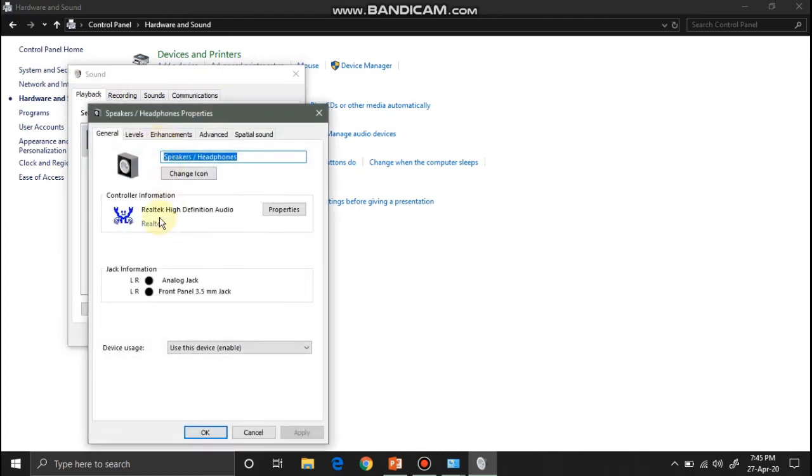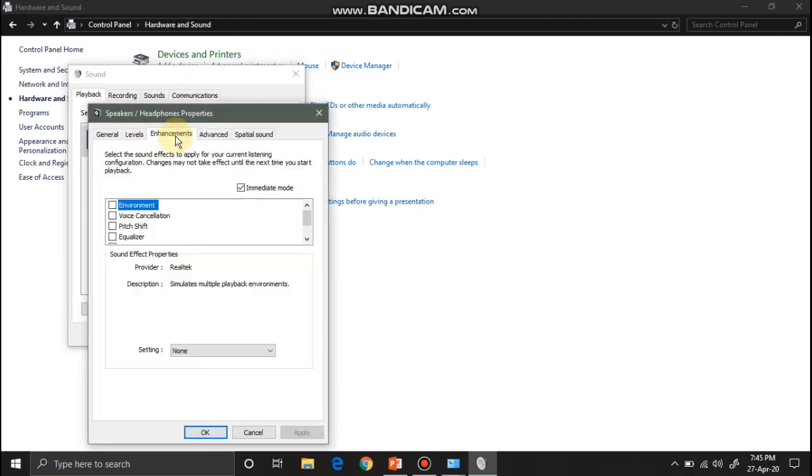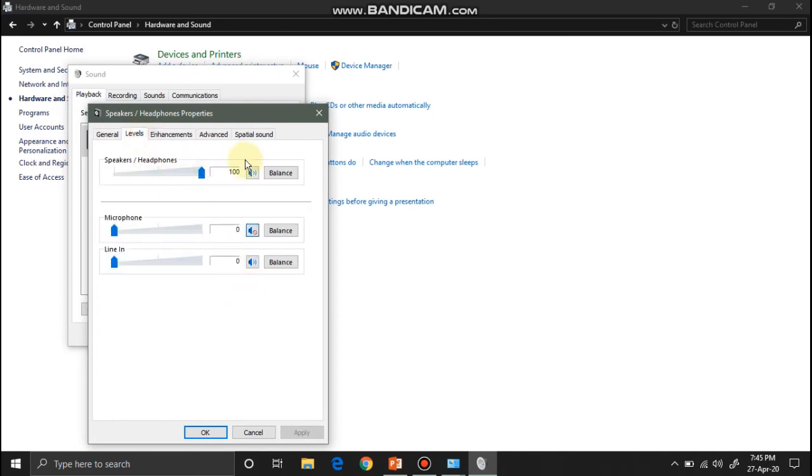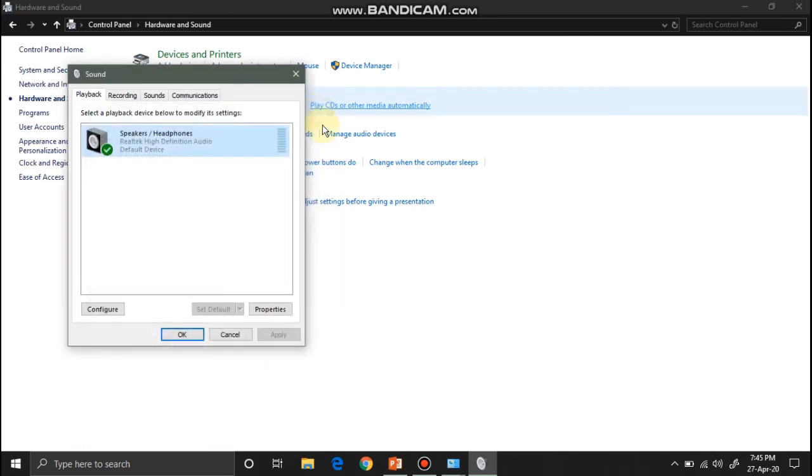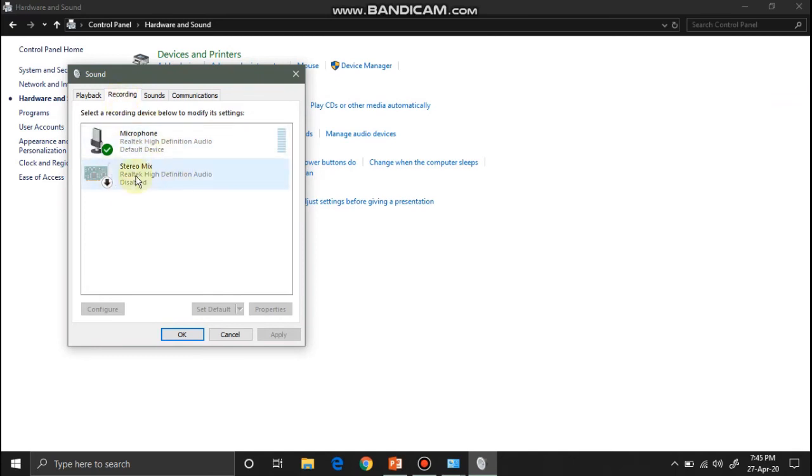I will double click on that, and here I can change the settings of sound. For recording, like I'm using a microphone, I'm not using the inbuilt microphone of my system, I'm using an external one, so it is showing external also, and this is internal. If I remove this, then it will show this is enabled.